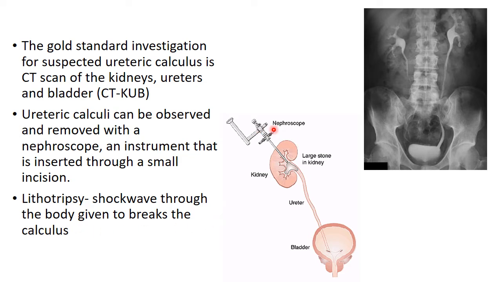So this is the nephroscope. With the help of this, these stones are broken, and the small pieces can pass through the ureter, then the bladder, and are thrown out. This is the KUB, where the shadow of the kidney, then pelvis, ureter, and the bladder can be visualized. And with the help of filling defects and change in the anatomical architecture, we can comment on the pathology of these.